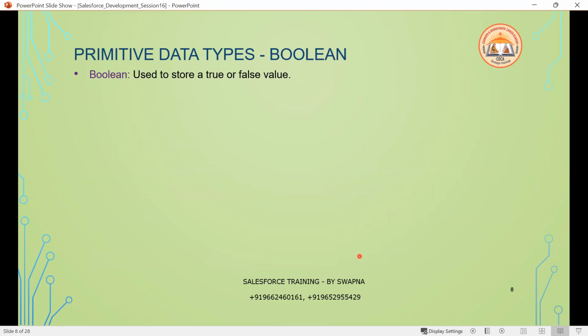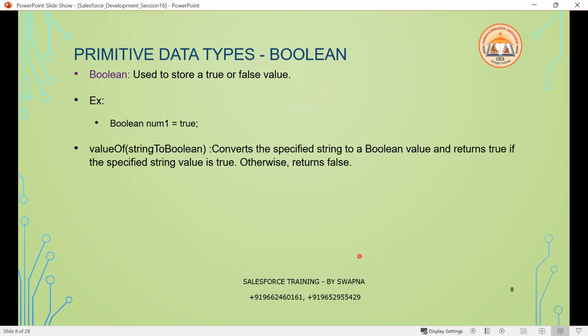And the next one is Boolean. Boolean is used to store true or false. For example, you can say Boolean number equal to 1. Now we have a method in the Boolean. So the Boolean declaration is basically,